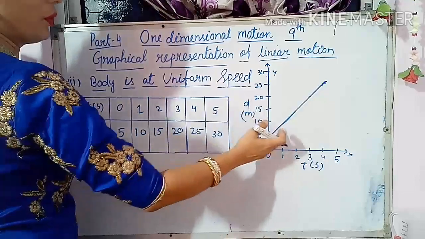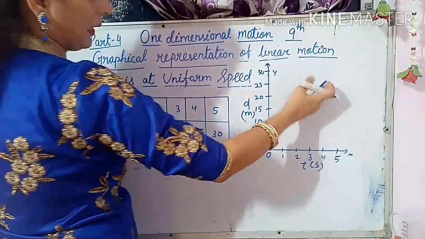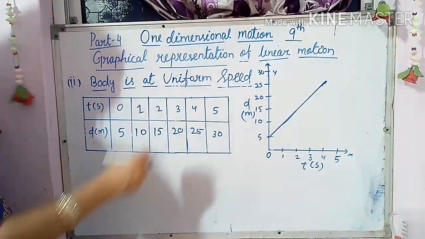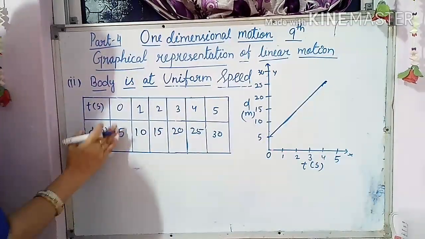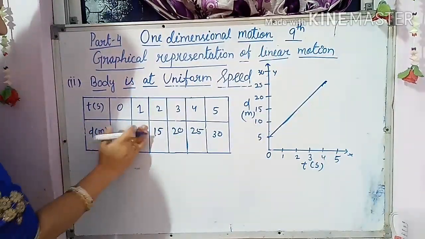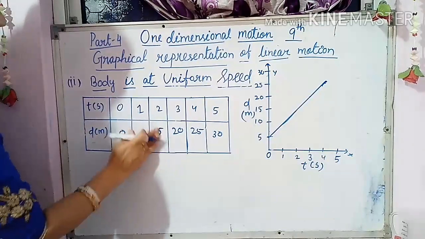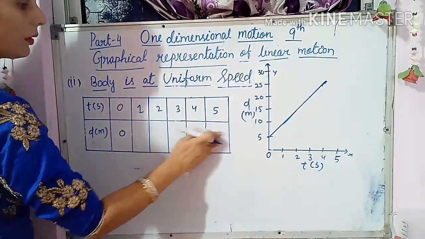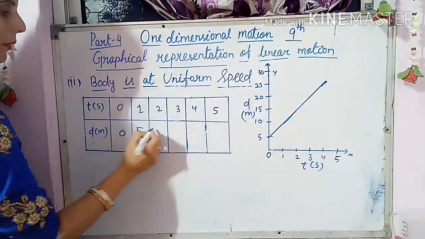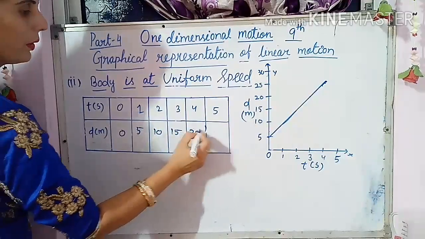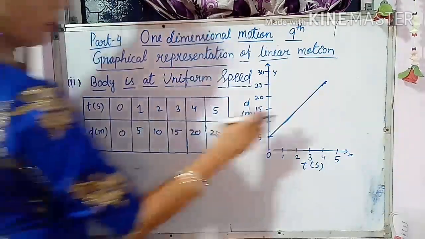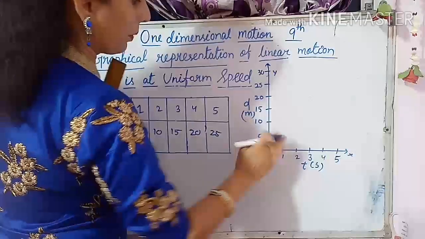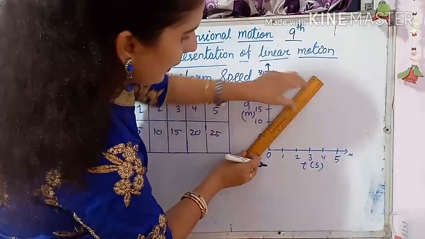So if your graph comes like this, otherwise, for your better understanding, I will tell you: suppose we start from 0, suppose the rest position. So for another graph I will say 5, 10, 15, 20, 25, suppose it will come. So from the 0 position, suppose we start from here, how will that graph be?